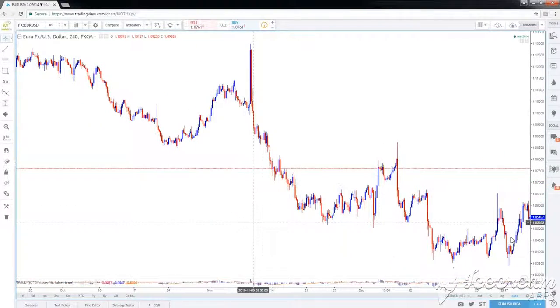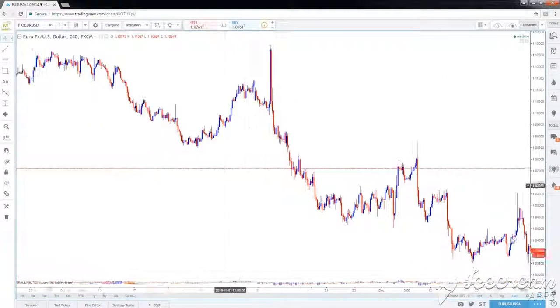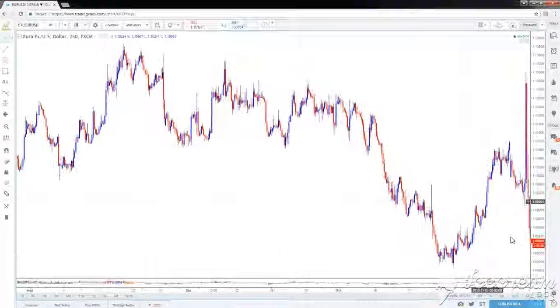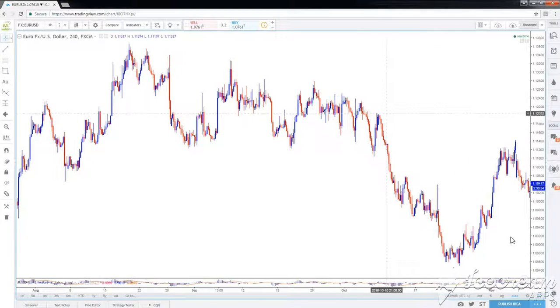So here, this is obviously a spike in the market. You don't want to get involved in stuff like that. But if we look at reality, in terms of what the true price action is and not these crazy spikes,